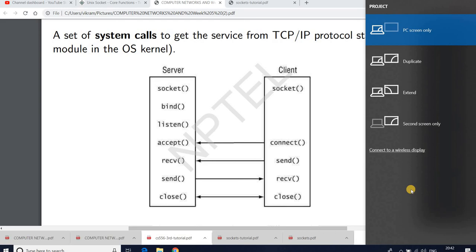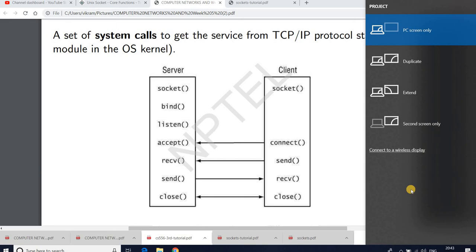So the client can just initiate the connection to the port which has been announced by the server, and that is why you do not require the bind and listen calls at the client side here.